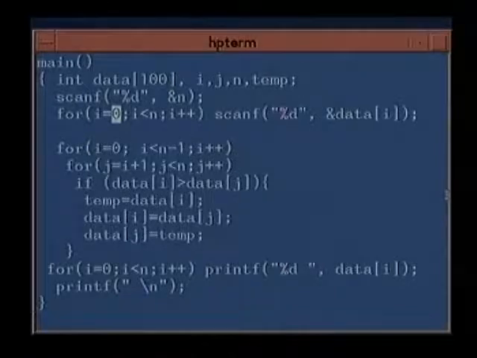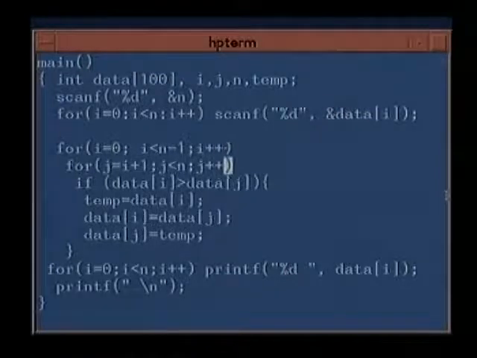For i equal to 0, i less than n, i plus plus. And since this is a single statement, I did not require to put it in braces, because this statement is the only statement in the loop. So I did not require to put the brackets, but if you put the brackets also it's okay. You'll put one bracket here and the closing bracket after this. So scanf, I read in integers and data[i]. I pass the address of the location data[i].